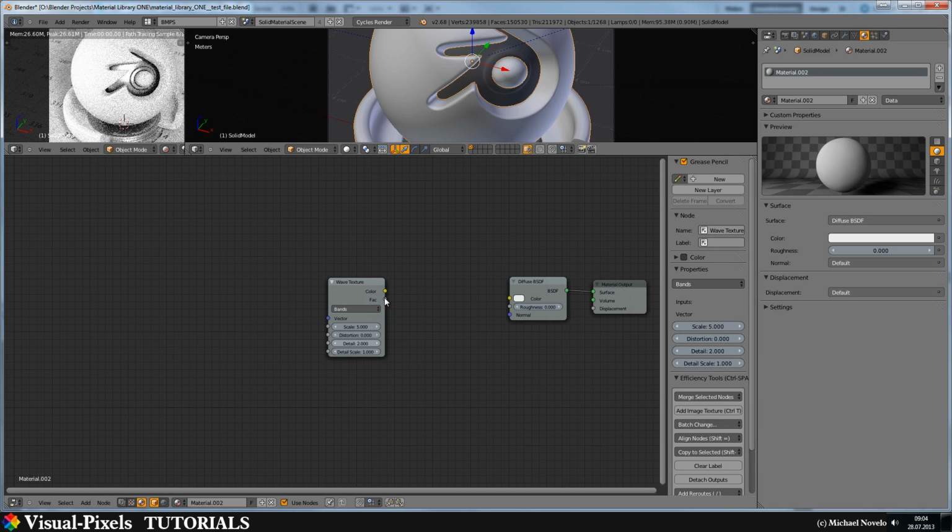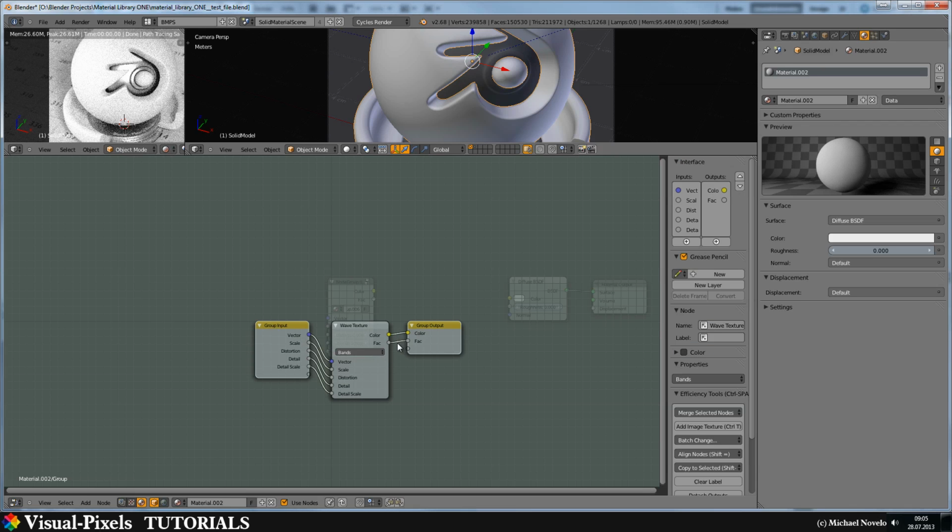To have a little bit more control, and because I don't want a real messed up node system here, I put this wave texture immediately into a group,